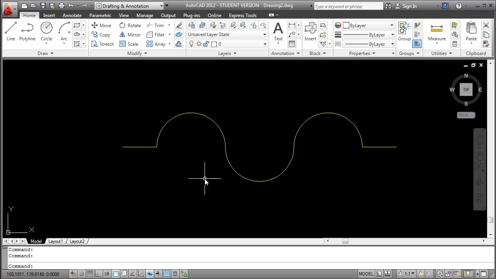First of all, if you look at the dimensions, we know both lines are 25 units long. All the arcs have a radius of 25. So to make sure we start and end those arcs at the right places, we can use the snap and grid settings to help us. How we do that is, first of all,